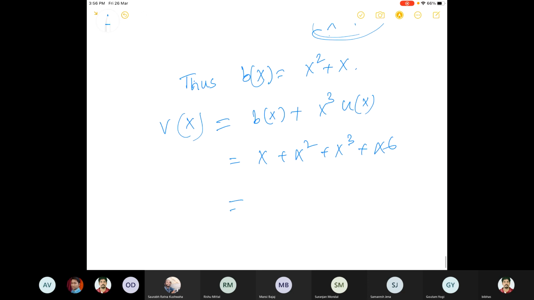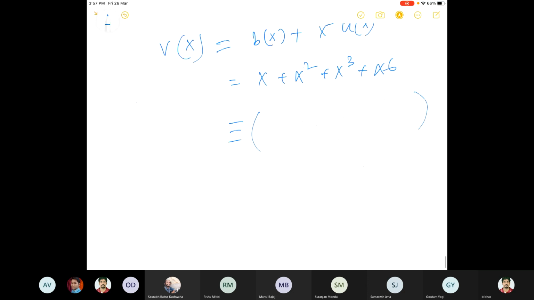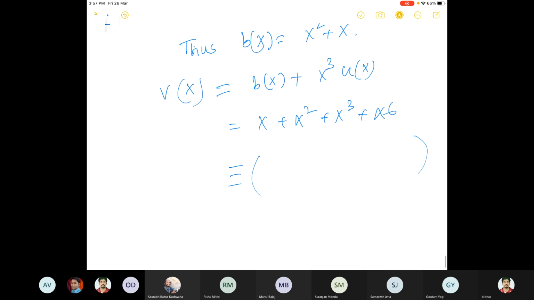So what is the corresponding code word corresponding to ux? Ux was 1001, the information digits I had. So what is that sequence? There is no constant term, so 0, then 1, then 1, then 1. There is no term 4, no term 5. There is one term 6. So 1, 2, 3, 4, 5, 6, 7. So this is the code word corresponding to that given ux.